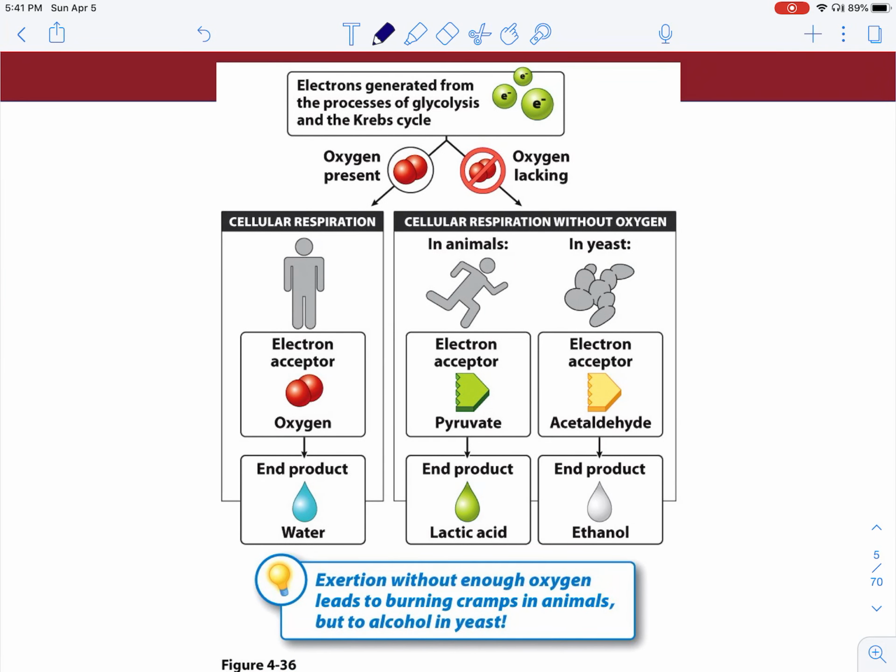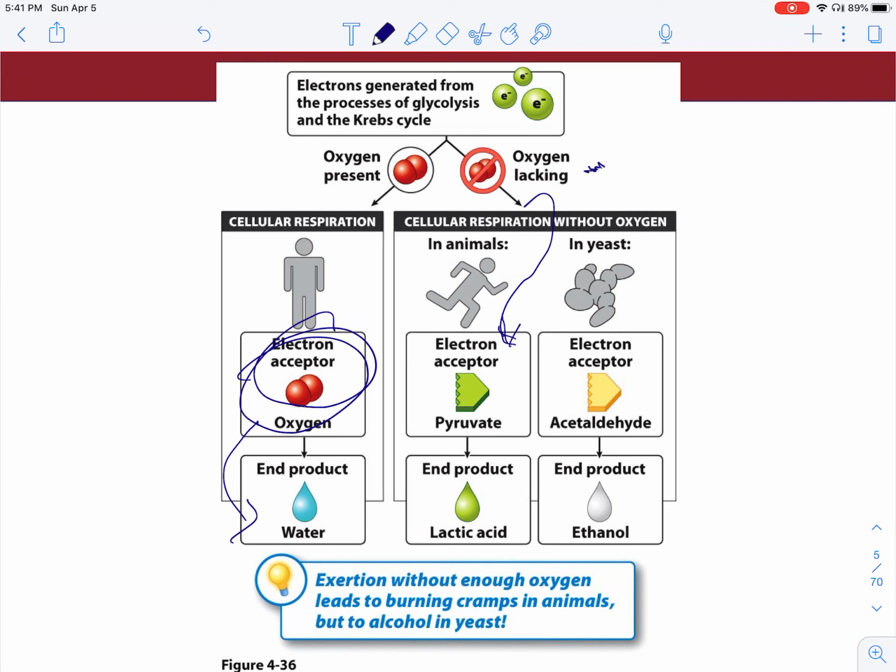And this is the flow of the electrons in this system. So in cellular respiration, the final electron acceptor is oxygen, and that oxygen ends up in water. In the absence of oxygen, then in animals, the final electron acceptor is pyruvate. We actually go back to pyruvate. That ends up in lactic acid. That lactic acid, if there is an oxygen presence, gets pushed out into the blood, collects in the liver, where